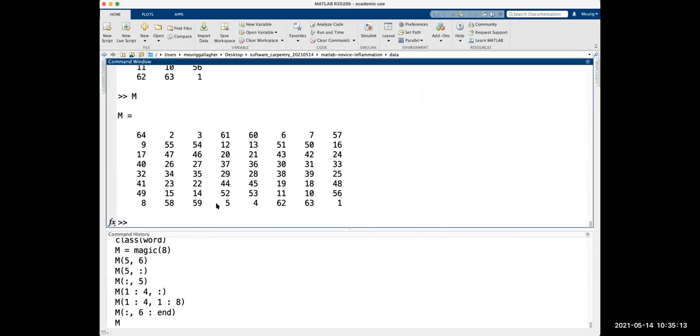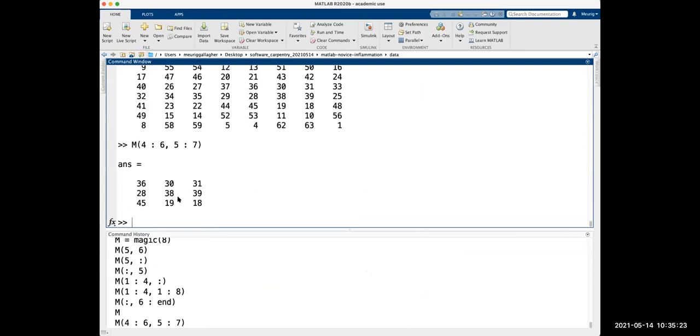So we can say we want the 4th row to the 6th row, and we want the 5th column to the 7th column. And we close our parentheses, and that just gives us our little subsection here. So we can just chain these commands together to access whichever part that we need.